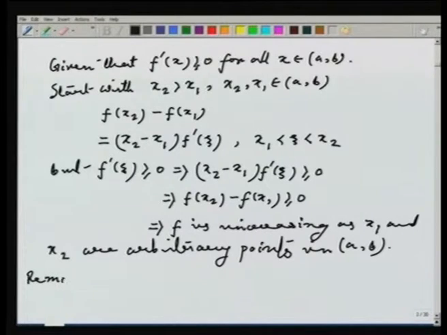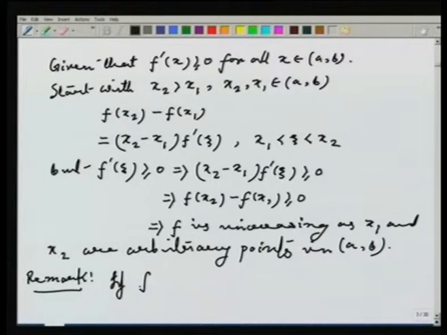Fine. That means to understand, given a differentiable function, whether the function is increasing or not, all I have to do is check the derivative of the function at each and every point. If the derivatives turn out to be non-negative, then the function is increasing. And it is equally easy to show, which I will put as a remark,